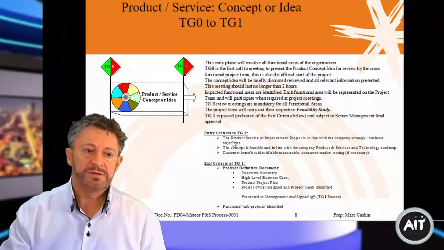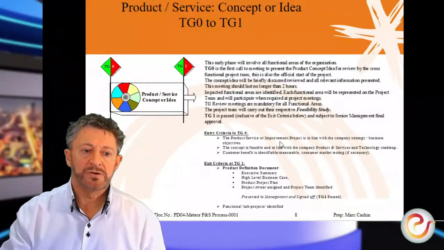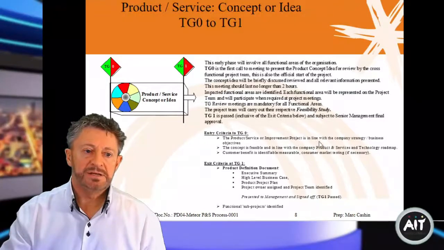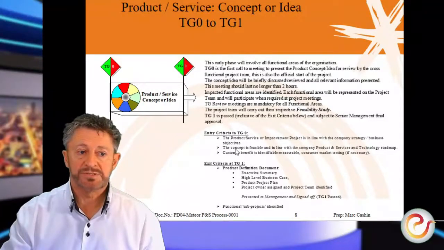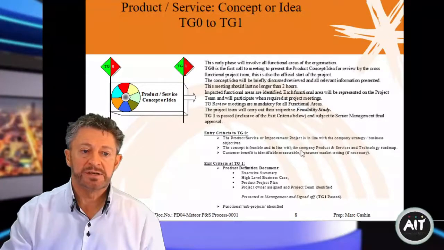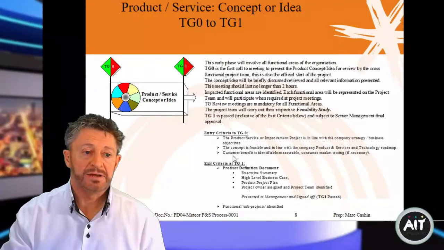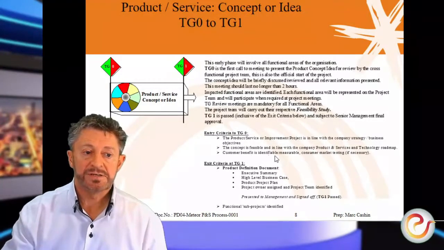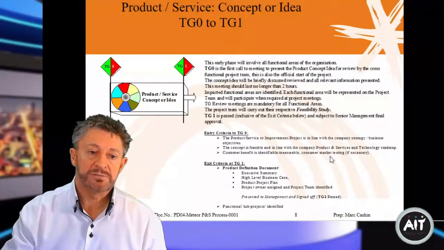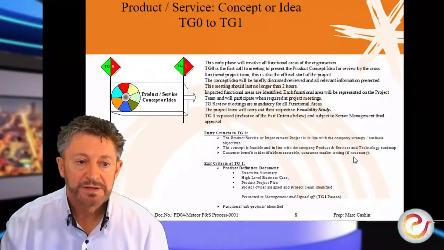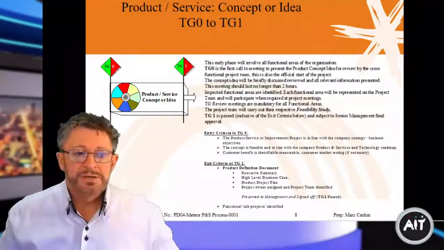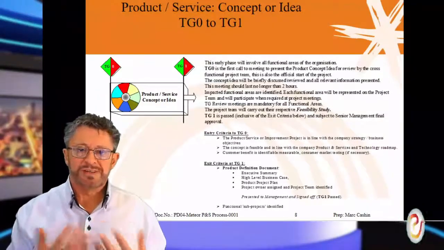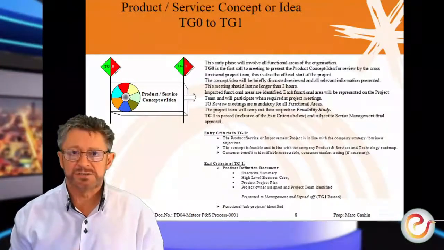So if we say tollgate 0, the product or service or improvement project, is it in line essentially with the company's strategy and business objectives? The concept is feasible and is in line with the product services roadmap. And then the consumer's benefit is identifiable, measurable, and the consumer market is, I can't even read that. Put on my glasses myself now. So yeah, the consumer market, do we have some kind of testing